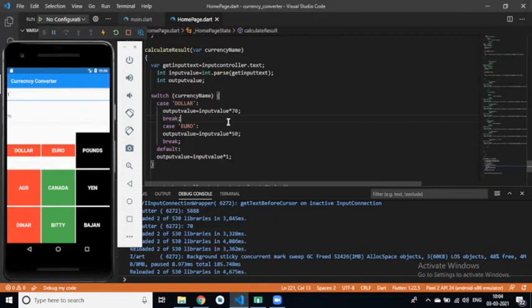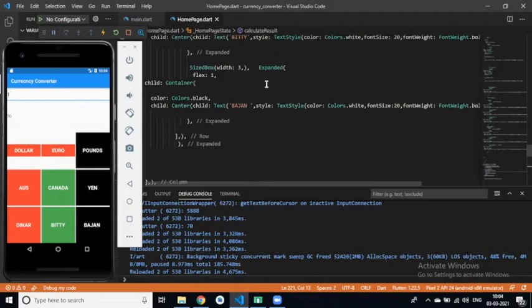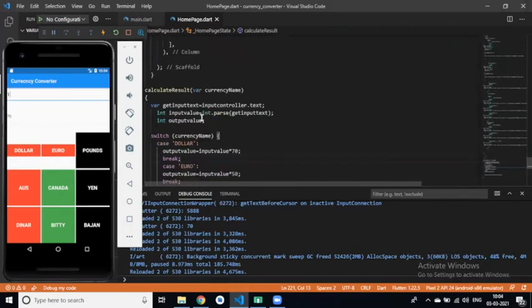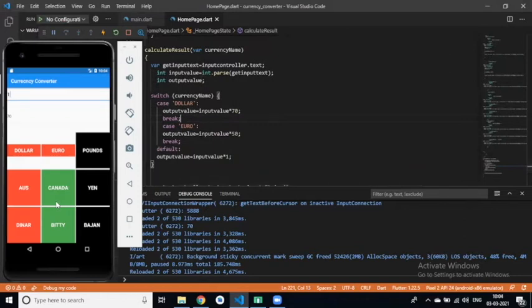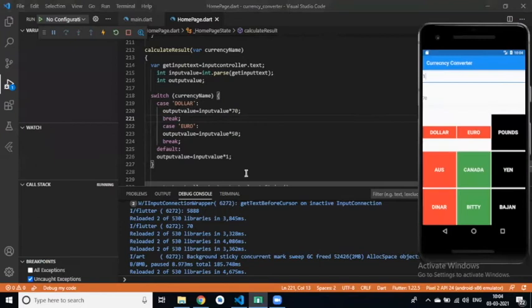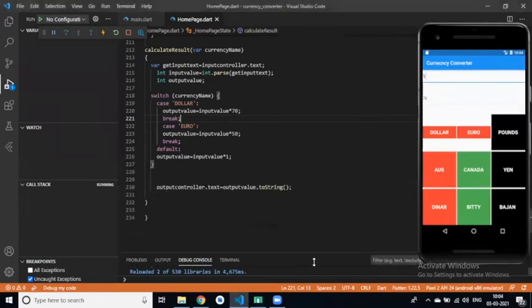Create two text fields. That is not the hard part, not tough. Create two text fields, input controller and output controller, and create two buttons like dollar and euro with outline buttons, and perform the action on these buttons with switch case. Simple like that. Not pounds and all. Only create two buttons, dollar and euro, and two text fields, and perform some action on that. Can you do that now?